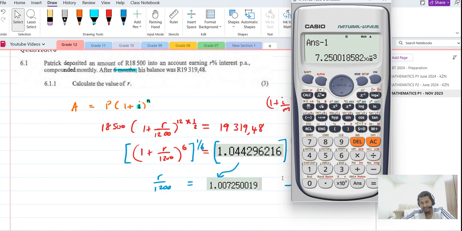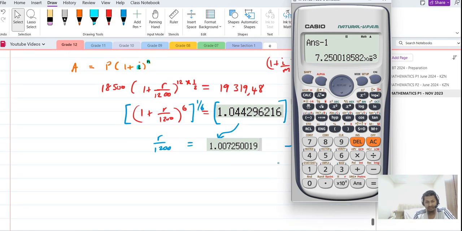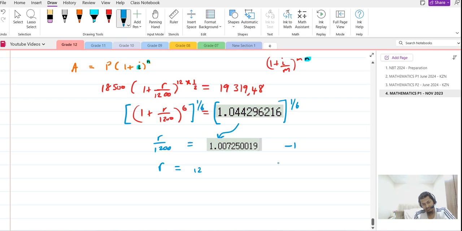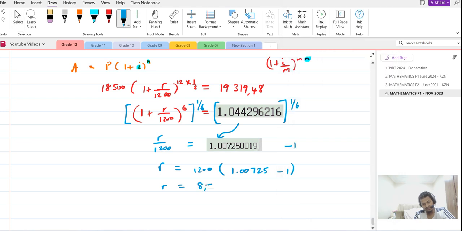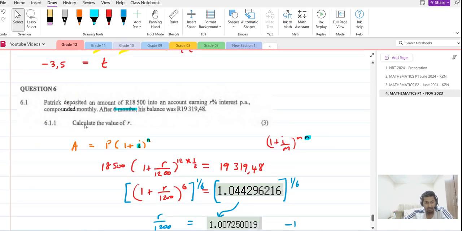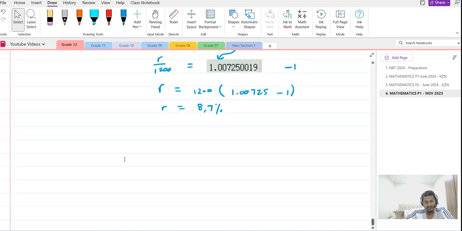So I've got 7.25 and then multiply by 1200. So R is equal to 1200 into 1.00725 minus 1. And what's my answer for R? Remember, I minus 1 already. Now I'm going to multiply by 1200. So I'll get approximately 8.7%. So what's the value of R? Calculate the value of R, 8.7 percent per annum